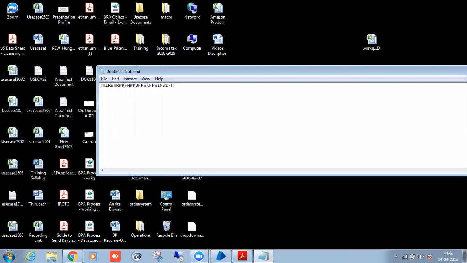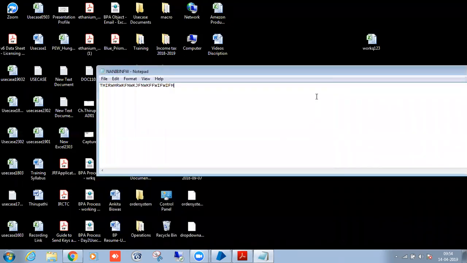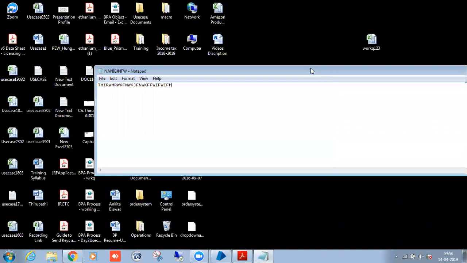I will write some data and pass control S. If you pass control S, you can see there is a Save As pop-up. Here you have to mention the file name, and then press enter. See, you can see that.